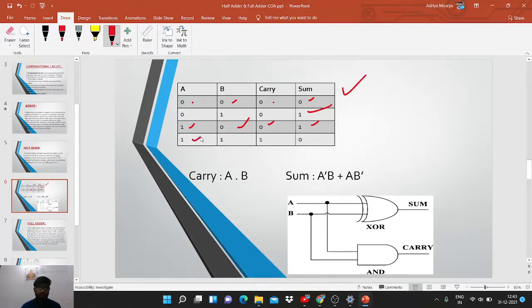And when input is 1 and 1, sum is 0 and carry is 1. Now this is the expression for carry, A dot B, and this is the expression for sum, A bar B plus A B bar, and this is the circuit diagram for half adder.